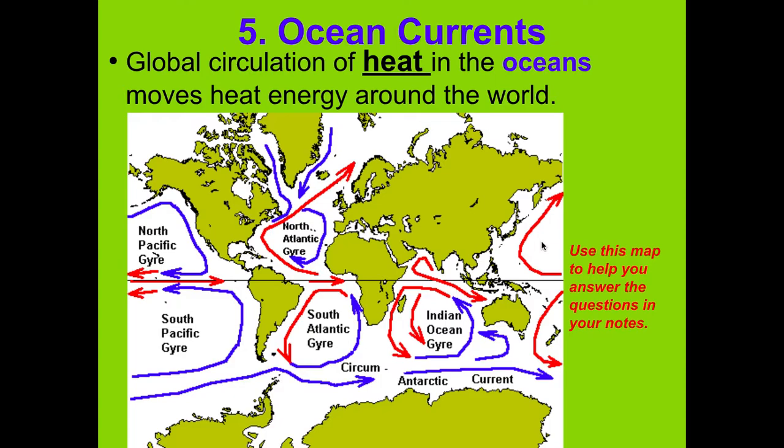So look at all the red arrows and tell me where they are generally going to, or maybe what they're moving away from. So this red arrow is going up, that one's going down, that one's going down. All your warm water moves from the equator towards the poles. So from the equator towards the poles.